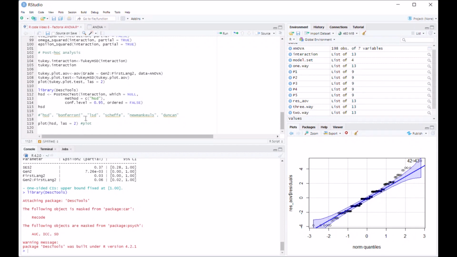There's a warning message, which is okay. Now, the first analysis that I want to run is HSD. That's a type of post-hoc analysis. Other types of post-hoc analysis are displayed here: HSD, Bonferroni, LSD, Scheffe, Newman-Keuls, and Duncan. Now, the first analysis I want to run is HSD for you, and this is the code: